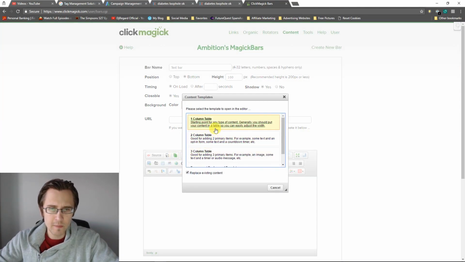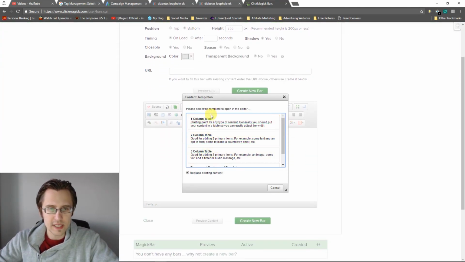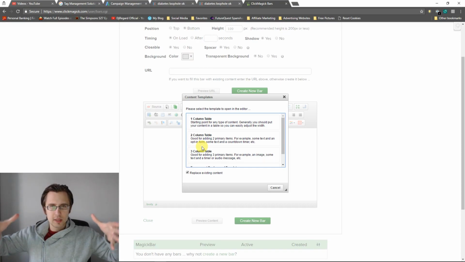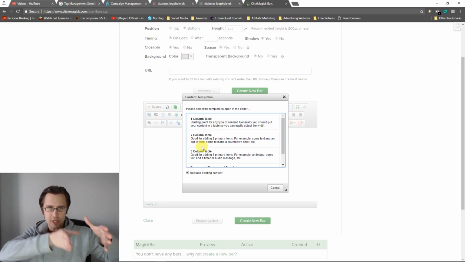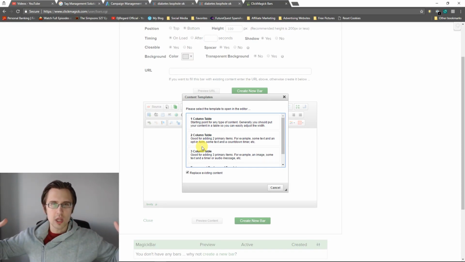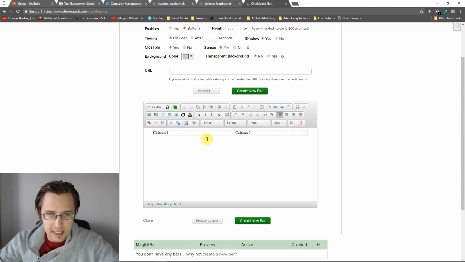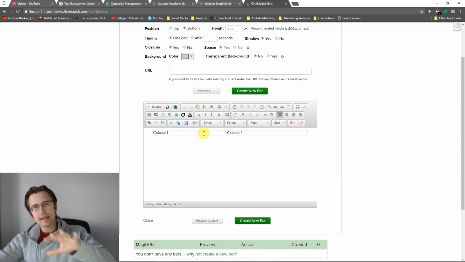I believe it's here. And you have these three options. You can create a one column table. You can create a two column table, which is just lines separated in the middle, or three columns. Up to you. For example, let's make two. And you can play around with this by moving this also, moving this here, etc., etc. If you want to adjust anything here,